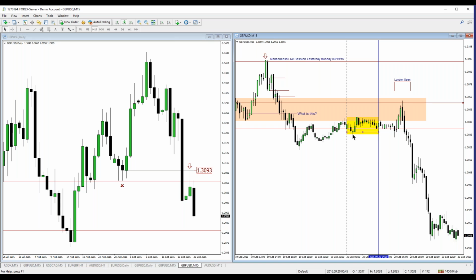The wick I don't care about, so the lowest body is here and here, and the highest body of the candles in that range between here and here. In other words, between 8 o'clock and midnight, I'm looking for the highest body and the lowest body of the candles. Once I understand that, and I delineate that, then I shade